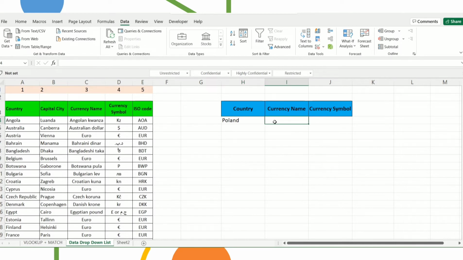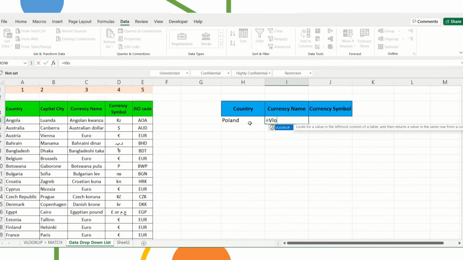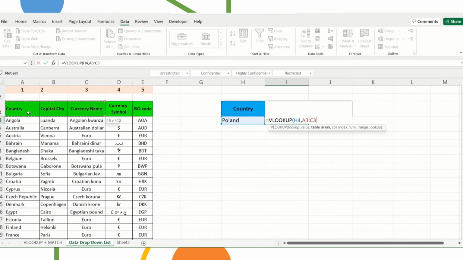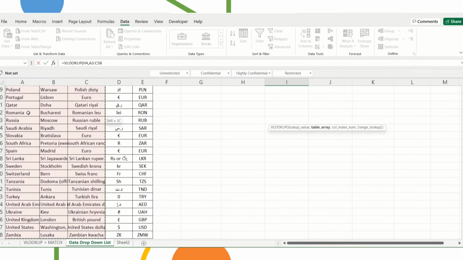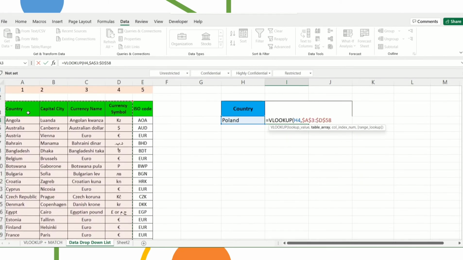So with that, I'm just creating the formula which will be picking up the value based on the country. Let's apply the VLOOKUP function. So my currency. So let me fix the range. Press F4. Range is fixed,